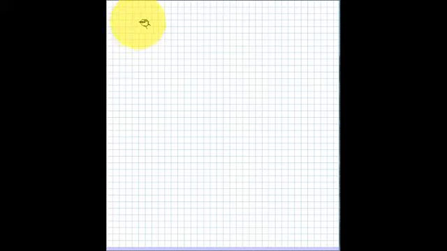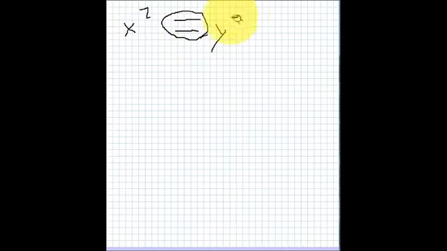So an equation is something that has an equal sign. Pretty much anything that has an equal sign is called an equation. So you're going to see something like x squared equals y or something, anything that has an equal sign is called an equation. Whereas a function, this is also considered a function, but when someone calls it a function instead